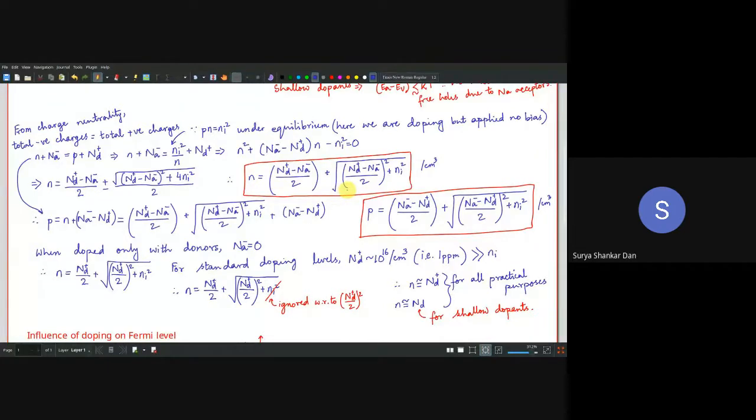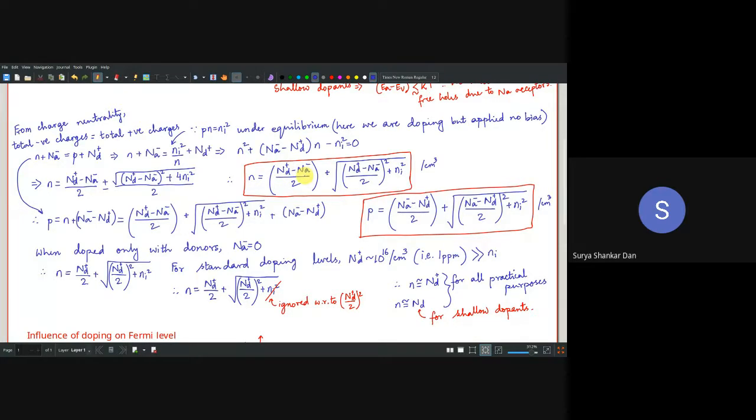Now let us imagine when you have not doped the system, how will these relations look? Simply Nd and Na are 0. So what will you get? n equals root over ni square, that is n will be equal to ni and p will be equal to ni, which matches our understanding. Now in this model, notice that if Nd and Na are doped equally, they will again cancel each other out and you will be left with the same ni value. So it is essentially the difference of Nd and Na which we will call the net doping.